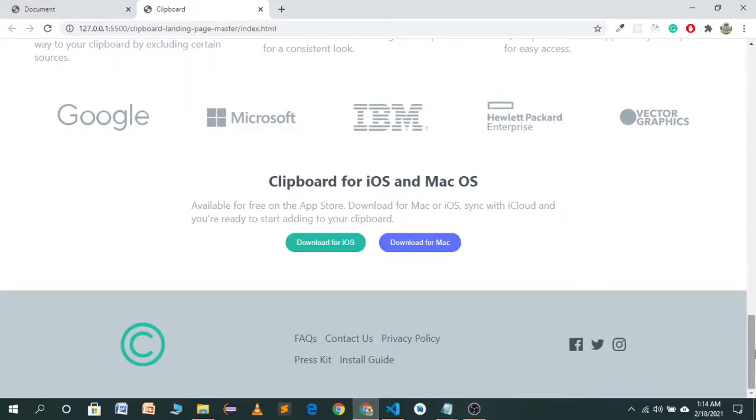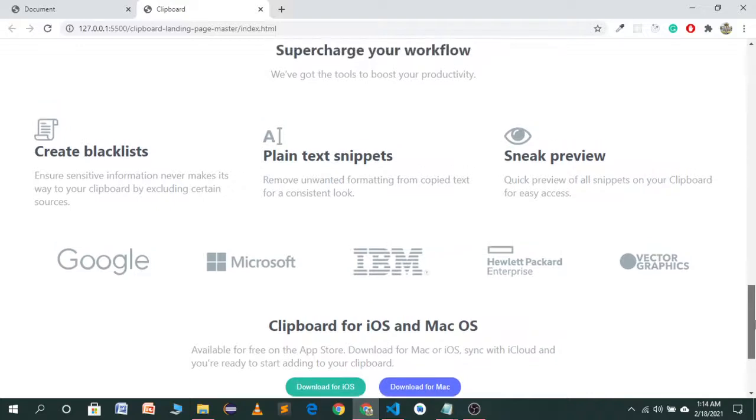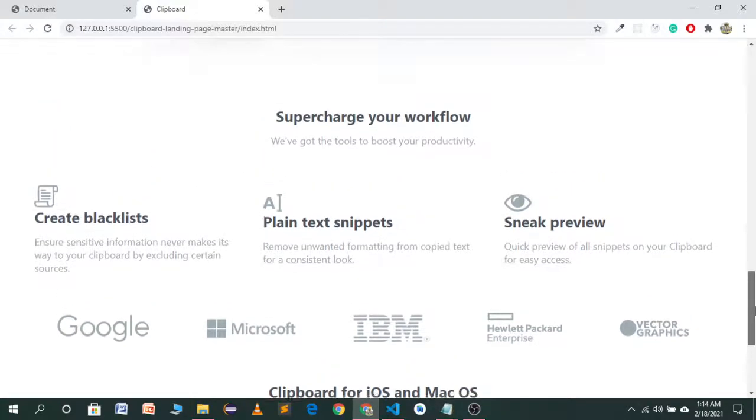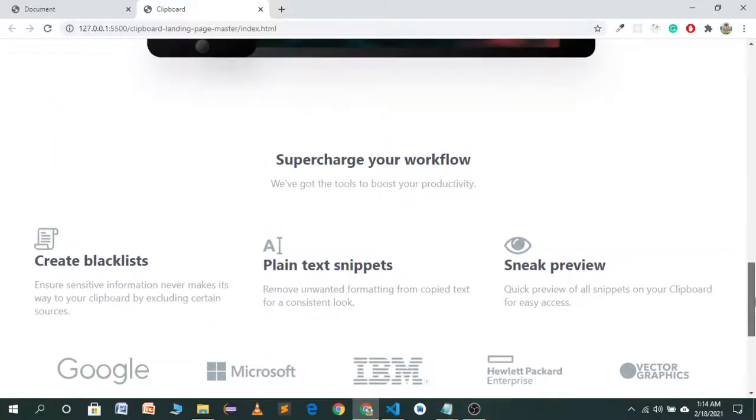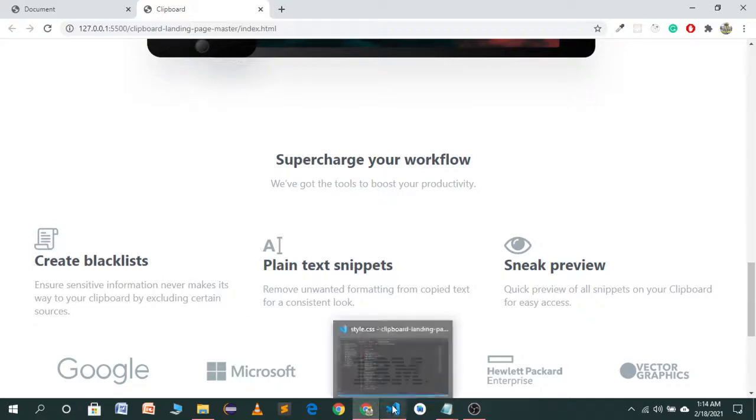So by building this part, our website has been completed. I think here we want a little bit of distance, which will be a margin top, between the icons and headings.